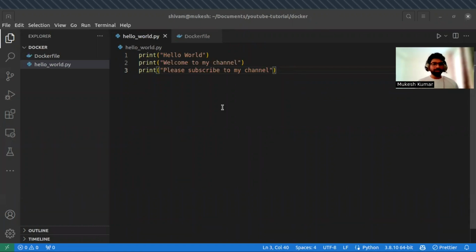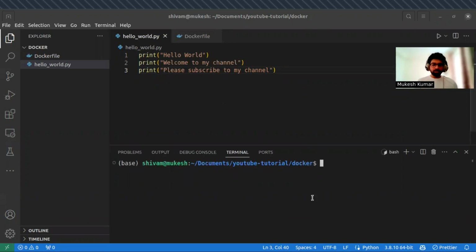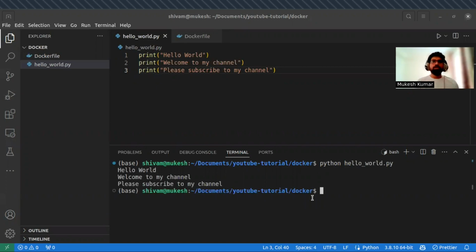we have two options to run this code, right? Either you can simply run it in your terminal and get all the output, like hello world, welcome to my channel and please subscribe to my channel. So this is the Python script that we have created and are running in our terminal. But what if you want to run this Python script inside a Docker container? For that we'll have to build one Docker image and run it inside